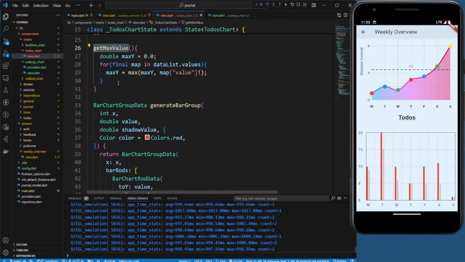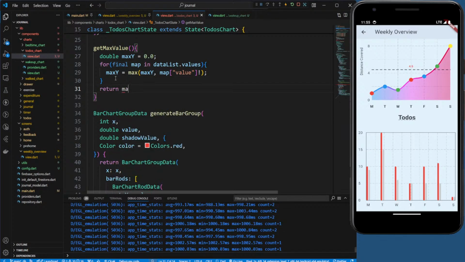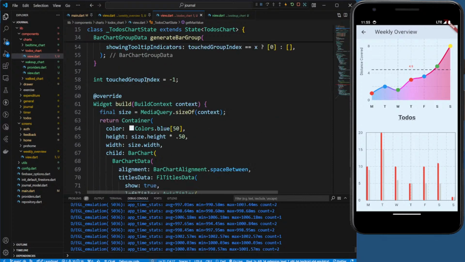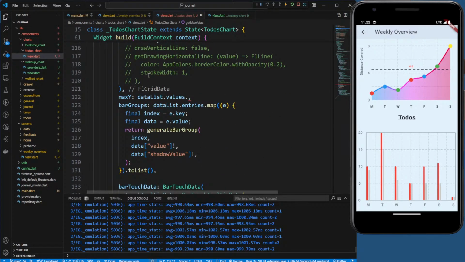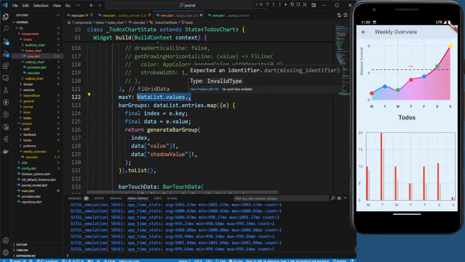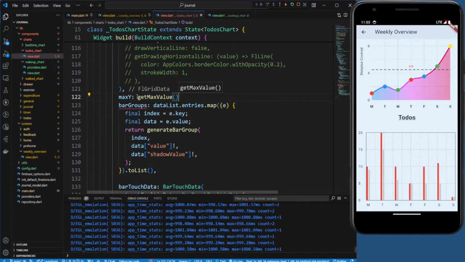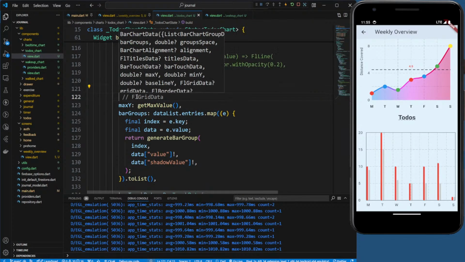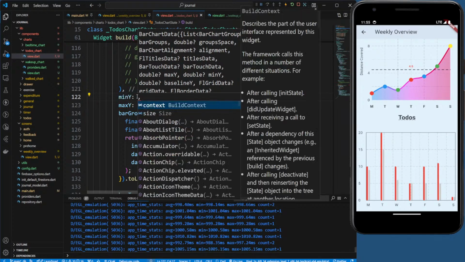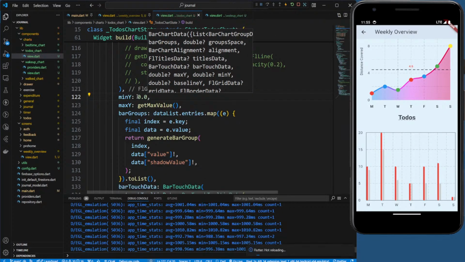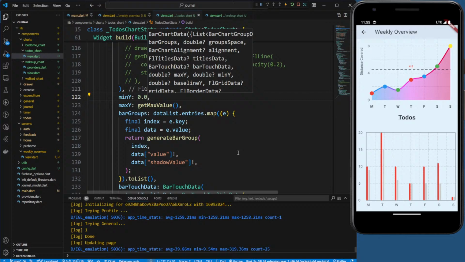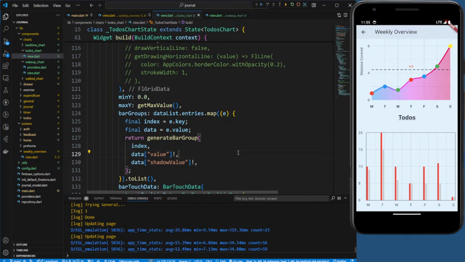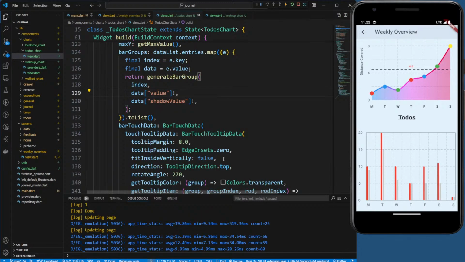Okay, we forgot to return max y. Where did we go? This one, get max value, this one, and for the minimum y, min y is 0.0, something like this. Okay, and